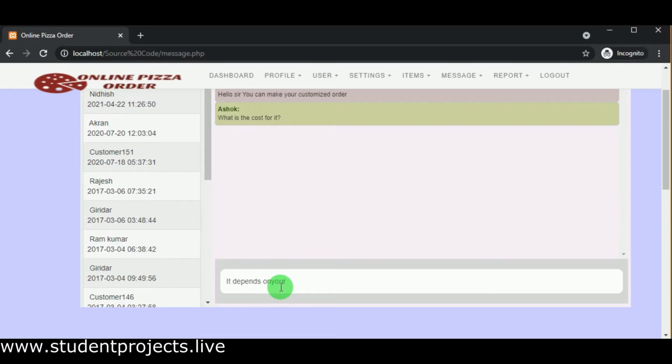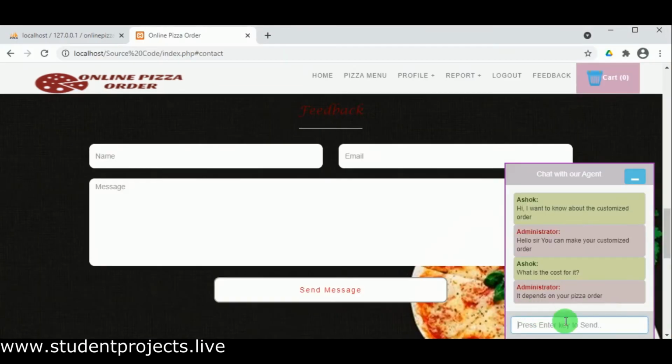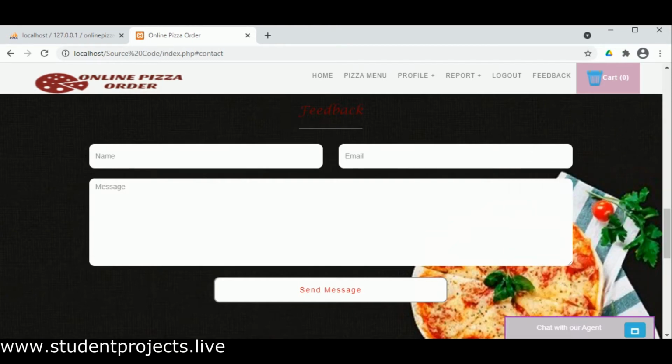So here the customer is asking about the customized order, that is, if he wishes to order any pizza on his wish or on his design, then is it possible? That is what the customer is asking, and here the staff is clearing the doubts of the customer. So now we can see the same message is reflected here. So this is how the chat system works here, where the customer as well as the staff can communicate with each other.